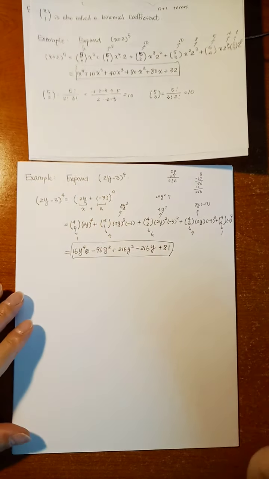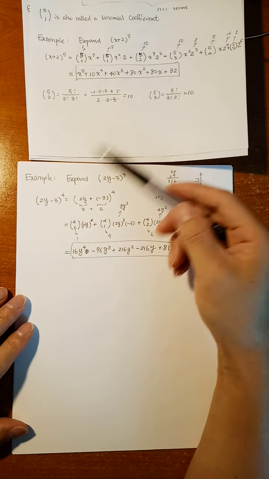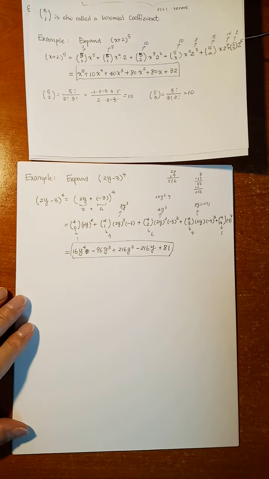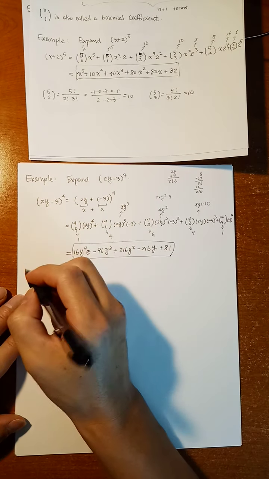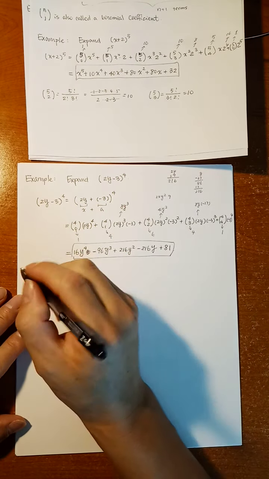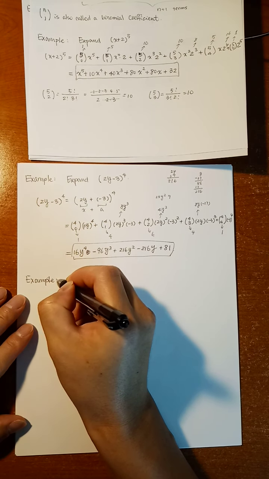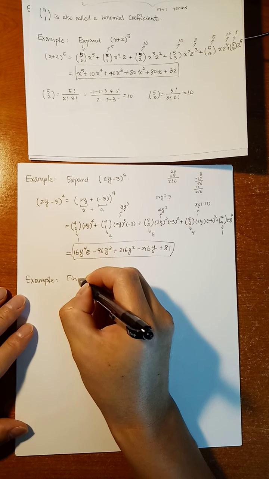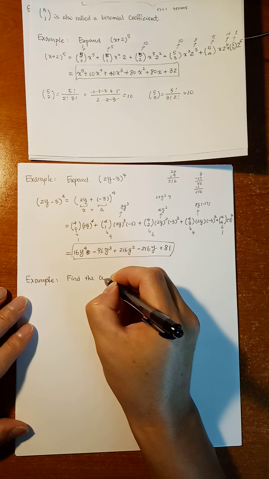Okay, so those two examples. The first example is very standard. You have x plus a to a certain power. In the second example, you have to identify x and a for different terms and then simplify. Just be careful. And they have smaller powers, 5 and 4. If you have a large power, possibly you don't need to get the whole sequence, the whole list. You just need to find the coefficient